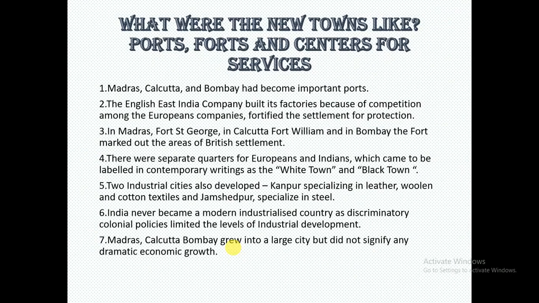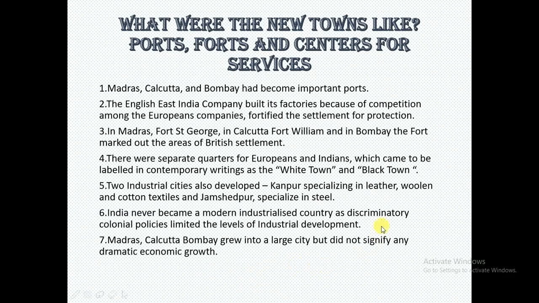George is located in Madras, Fort Williams is located in Calcutta, and the Bombay Fort is located in Bombay, right? So there were different quarters for the Europeans and the Indians, which came to be labeled by contemporary writers as the Black Town and the White Town. Two industrial cities also developed, like Kanpur, right? So here two industrial cities were being developed,